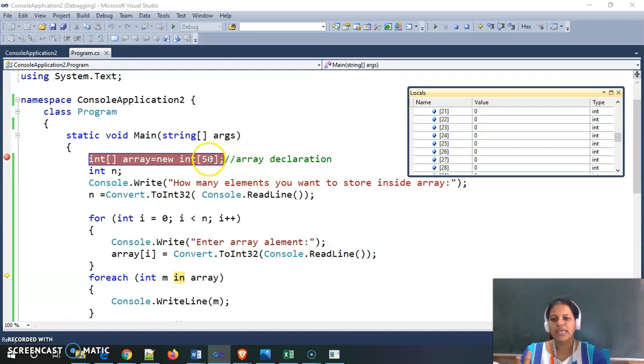If I declare the size too short, then there will be a problem if I want to store more elements. If I give a large array size, then there is memory wastage like this. So this is the problem with static memory allocation, and for this reason we allocate memory dynamically, so there will be exact memory allocation, and there is no shortage of memory or memory wastage problem in dynamic memory allocation. So this is the concept behind dynamic memory allocation.